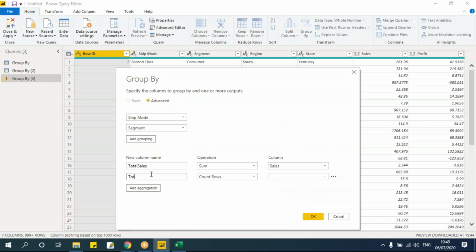I'll add one more aggregation. I'll say total profit, and this also I'll say sum. You can select any of these operations. I'll say sum, and here I'll say profit. Now if I say OK,